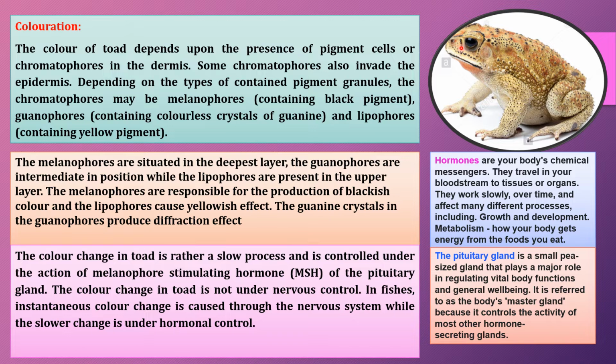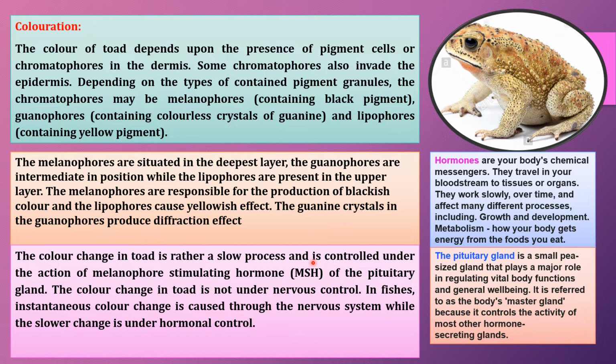But at night, a toad generally looks dark in color, like blackish or dark green, like this. These changes occur due to guanophores, and this is called the diffraction effect of toad skin. Now, the color change in toad is rather a slow process. Color change is a slow process in toad and is controlled under the action of melanophore stimulating hormone, that is